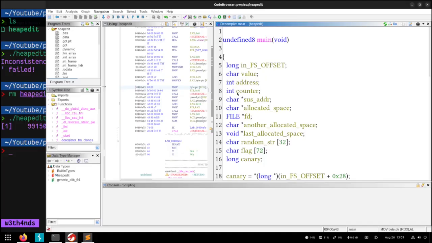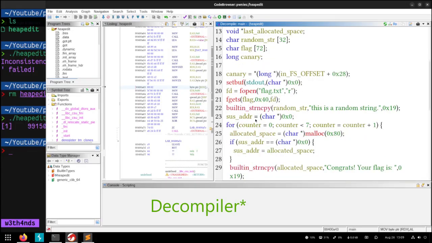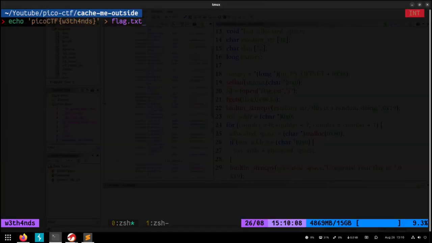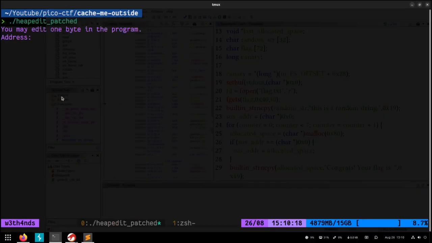If we go inside the debugger, we see that the program tries to open flag.txt. And if it doesn't have it, with the fgets like this, the program will crash. It does not check if it is null. And in this case it is null. So we just create a flag.txt like this, so it exists, and right now we run heap_edit, and we see, you may edit 1 byte, okay, address,